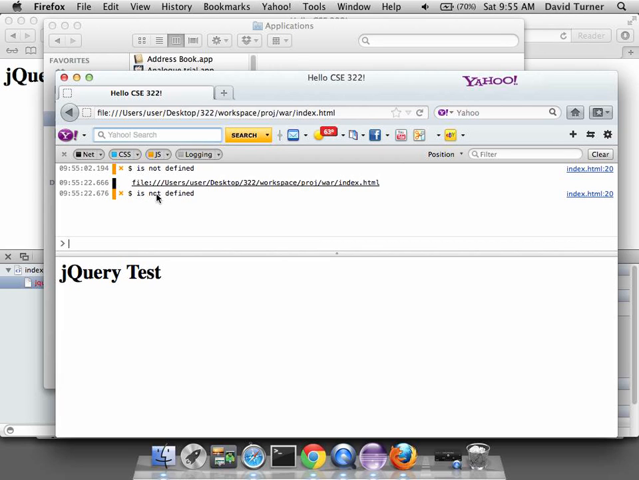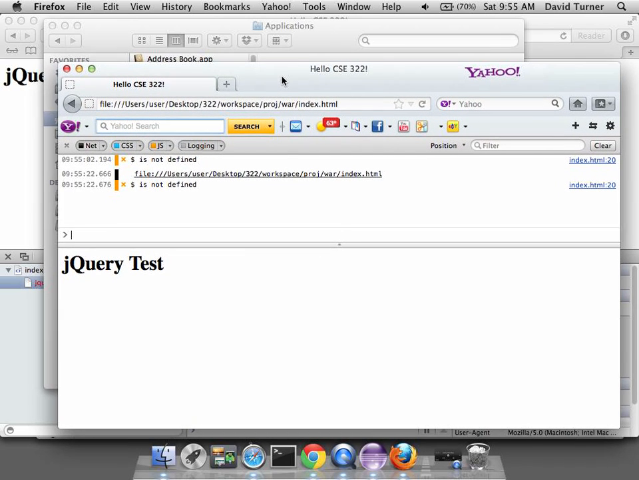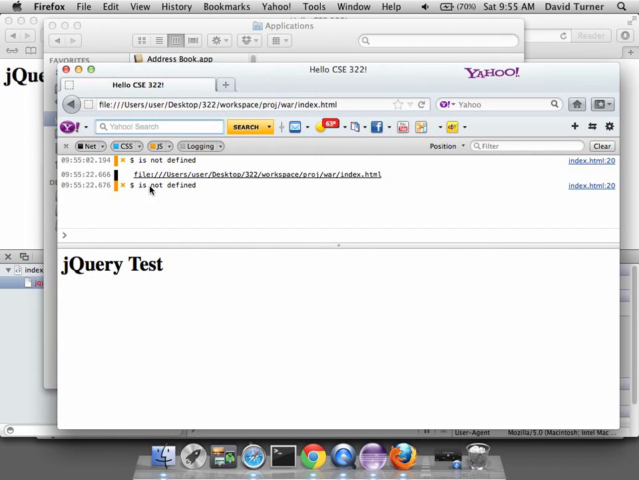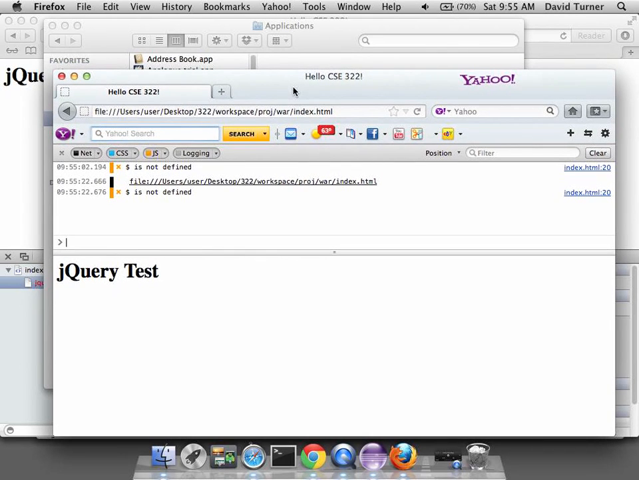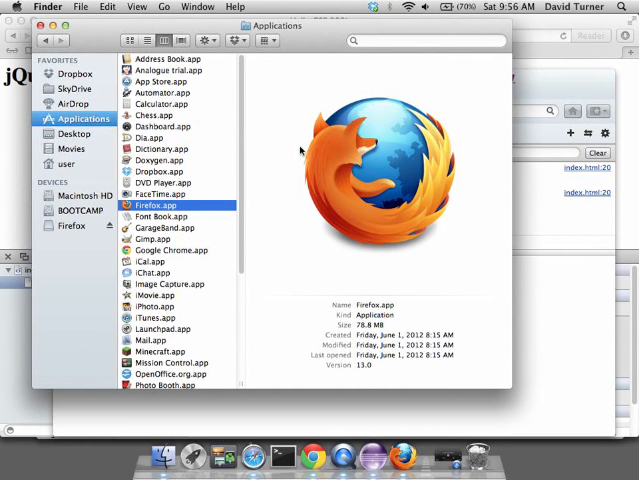No, it still doesn't tell us why $ is not defined. Well, it's not defined because the jQuery library couldn't be loaded, but it doesn't show that here, so it's kind of an issue there. I don't know why that is. I think that's kind of an unfortunate omission